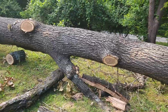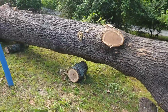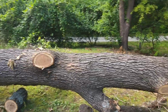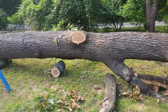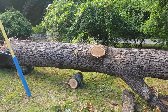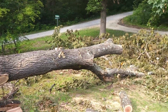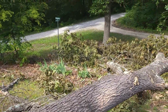And once I get to that part, I'm going to roll some logs underneath it, so when it does sink, it won't pinch my bar too bad. And of course, I'll cut from underneath first and come from the top. But I'm going to have to get a bigger saw. I've got my Echo with a 24-inch bar that I'll use for this. This is only about a 20-inch trunk. It's not huge, but it's still a lot of weight sitting there, so got to be careful. And quite a downhill run over here. Hard to tell, but